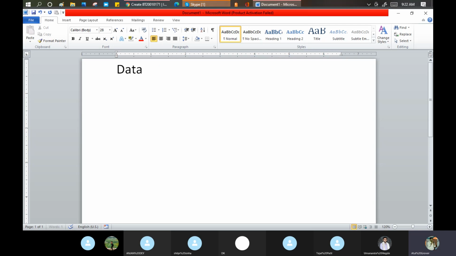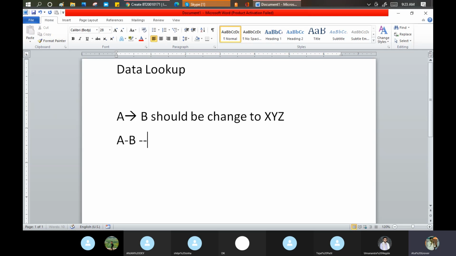Data lookup. What does data lookup say? If I change the value of A, my B value should be changed to X, Y, Z. If I change the values in A and B together, my C value should be replaced or changed by TTT.